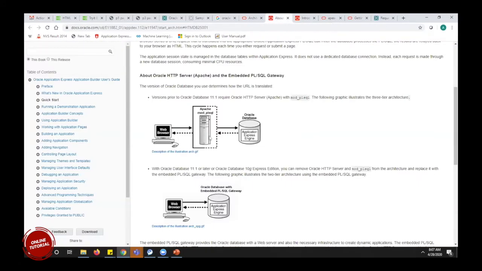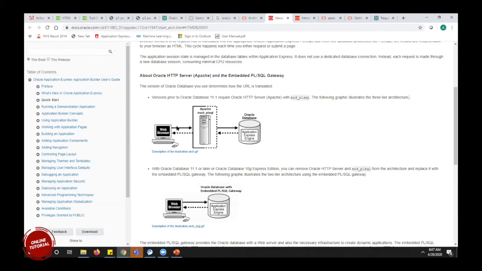If you see this diagram, this is the architecture earlier than the 11.1 database, which is no more there. But I want to show you the difference between this and that one. Previously, we had the web browser and the Oracle Apex engine, but in the middle we had Apache and mod PLSQL.